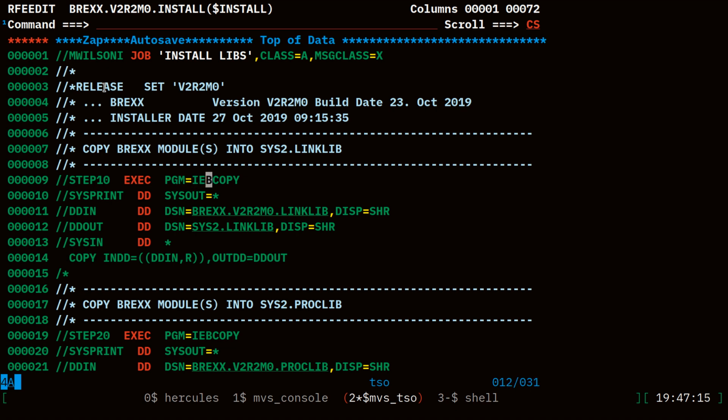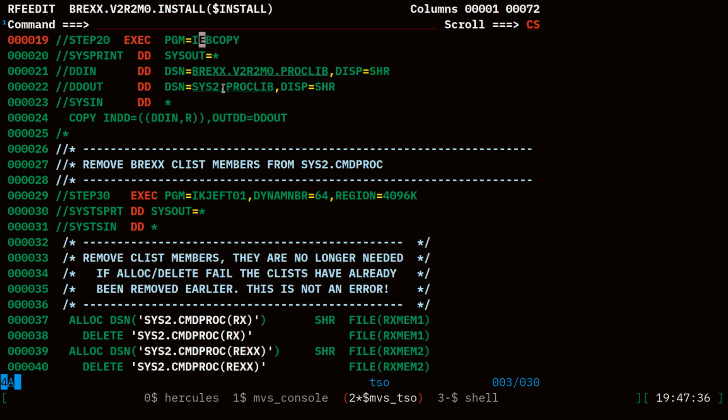So it looks like we have an IEBCOPY step here, which is simply copying from DD IN, which is the BREXX linklib, to DD OUT, which is our SYS2.LINKLIB. And then we will do the same thing, I'm guessing, for proclib. Yep, I'll scroll down. So we're doing the same thing, copying the members of proclib to SYS2.PROCLIB, and then removing BREXX CLIST members